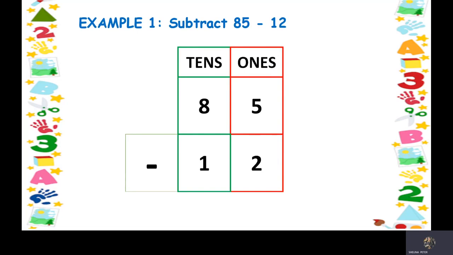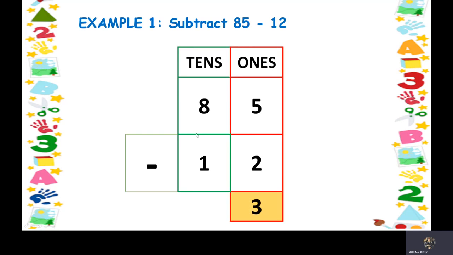And now we have to subtract numbers. Remember, we will subtract the number from ones place. So in the ones place, we have 5 and 2. So keep 5 in your mind, take out 2 fingers and count backward from 5. So are you ready? I hope you have taken out 2 fingers. Now let us count backward from 5. So we will get 4 and 3. So the answer will be 3.